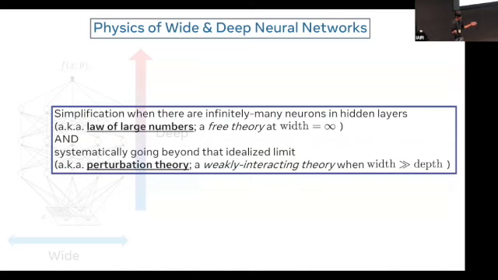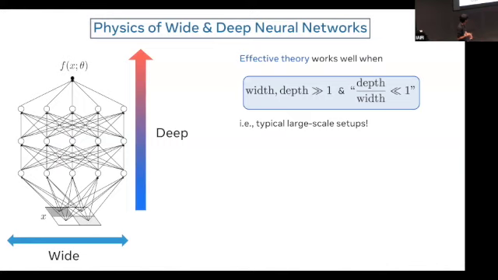But then you don't have infinite networks on your laptop because you have finite money. So you have to eventually back off that limit to describe what's happening in a real network. And to do so, as physicists, we can use the technique of perturbation theory. It turns out that when the width is much larger than the depth, meaning that the aspect ratio of the network is small enough, then you can do controlled perturbation theory to describe what's happening. Okay. And then you can have this effective theory language, sufficiently modified, apply to describe the real neural network.